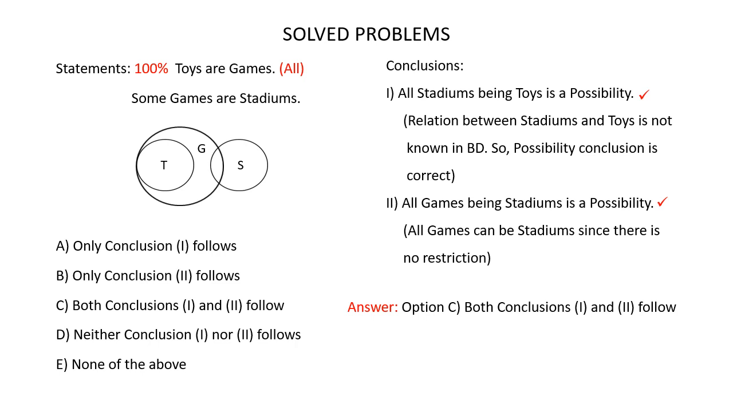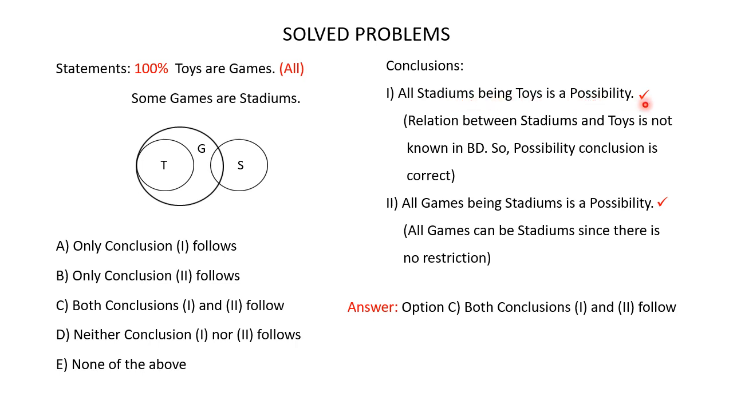Now based on this Venn diagram, let's find out which of the given conclusions follow. Conclusion 1. All stadiums being toys is a possibility. So you have stadiums here and toys here in the basic diagram. Clearly here you can see that the relation between stadiums and toys is not known. And also since conclusion 1 is a possibility conclusion, the conclusion all stadiums being toys is a possibility is treated